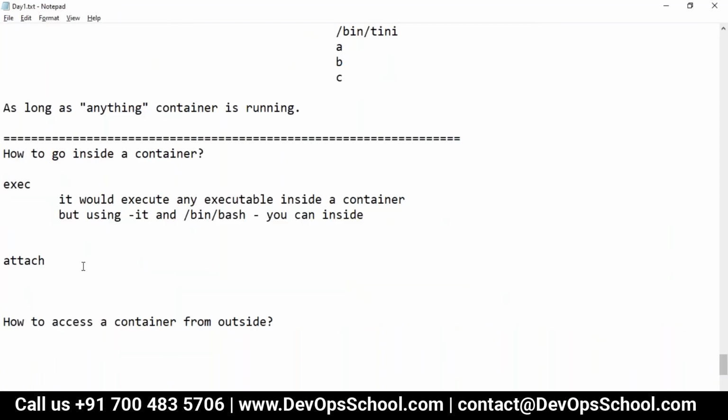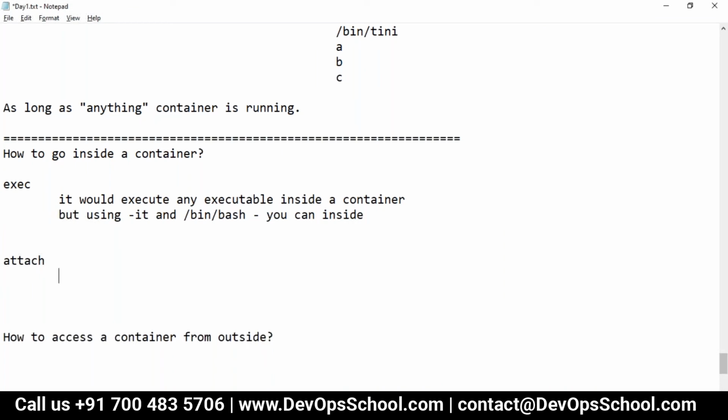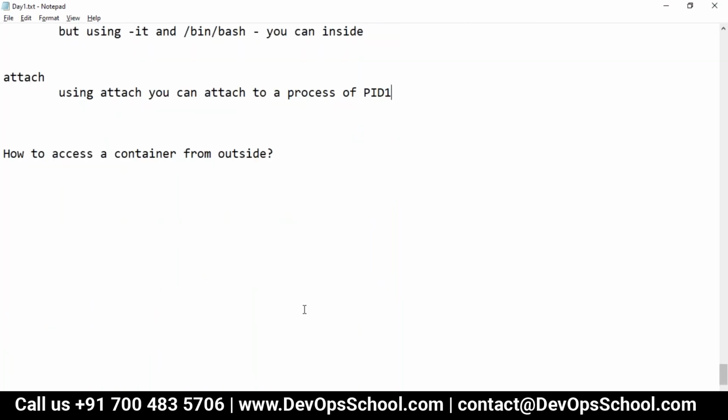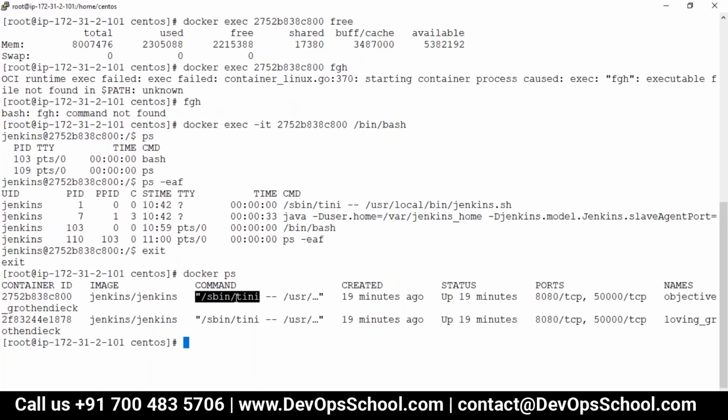But the question is, what is attach? So guys, using attach, you can attach to a process of PID 1. Yeah, remember, the attach command always attaches to PID 1. What is the PID 1 for this container? sbin/tini.